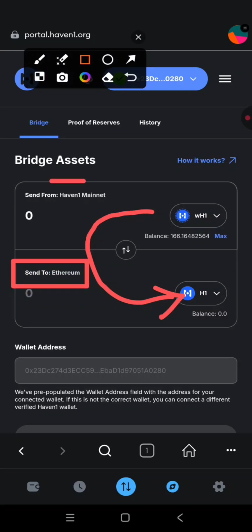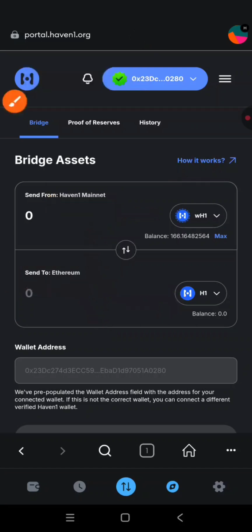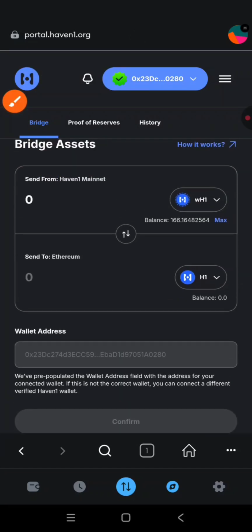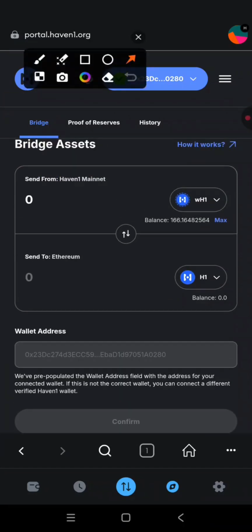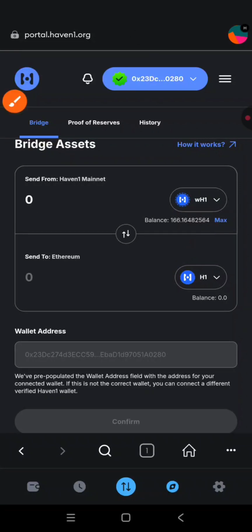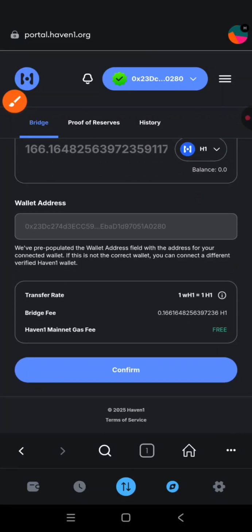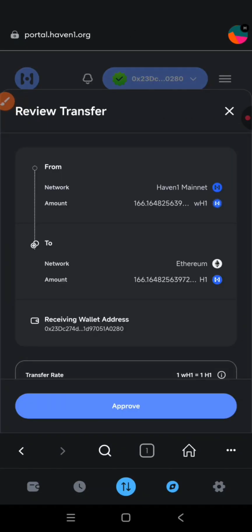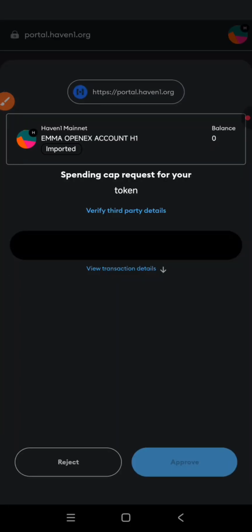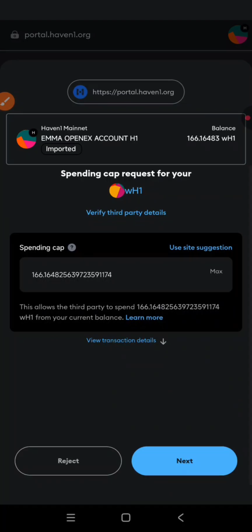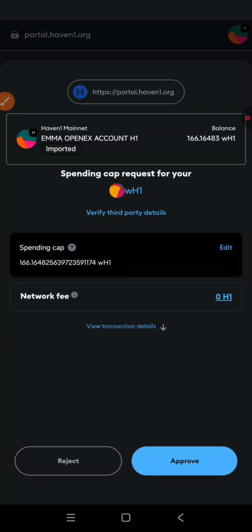As you can see, it is now here in Haven1 mainnet. So our intention is to bridge to Ethereum. So scroll up and, first of all, you have to choose the amount. Just go ahead and hit on the max button so that we bridge all of them. Go ahead and click on the confirm button, then select the approve button again, then give it some seconds. Let's see what we have there. Then you click on next, click on approve,